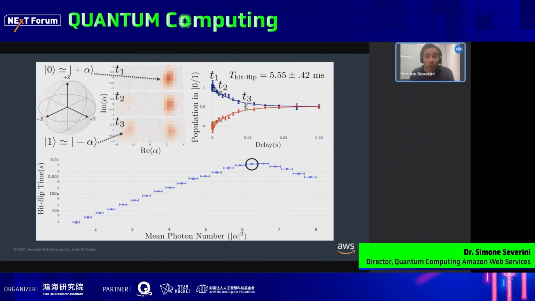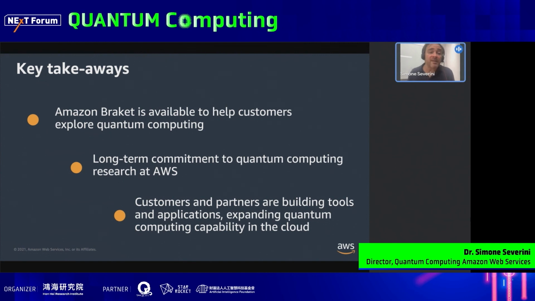I'm moving towards the conclusion of this presentation. I have some key takeaways. The first one is that Amazon Braket, our quantum computing service, is generally available. Everyone can use it. And I hope that this can help customers explore quantum computing, on one side researchers, but also people in industry. The second takeaway is that we are committed for the long term to invest in quantum computing research